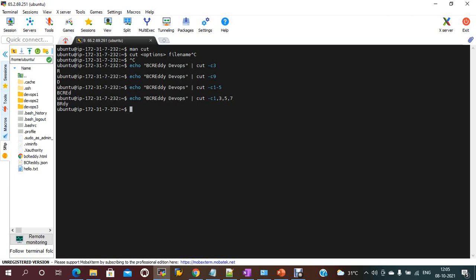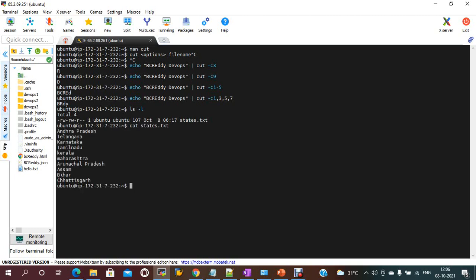Let me get some information. I have a file, so fields we will display. Currently I have a states file, which I have downloaded. The content of the states file is like this, I have a few states. In these states,